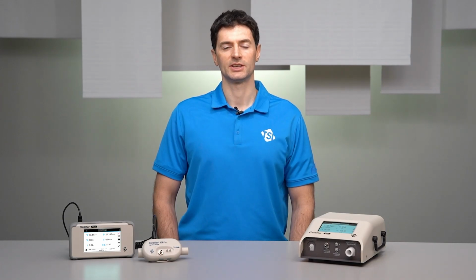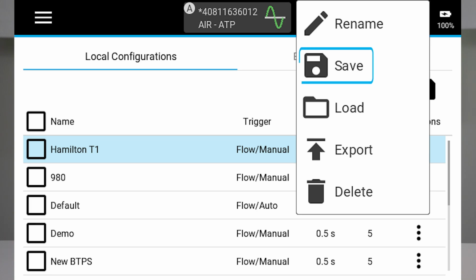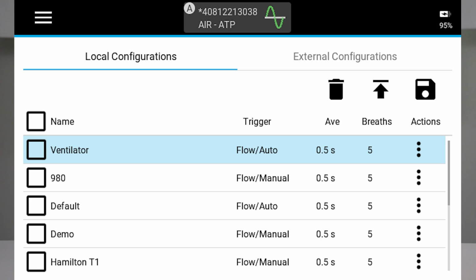Once you obtain agreement between the certifier and the device under test, it's a good idea to save your current settings as a configuration. Configurations can be used to save your test setups for different equipment models, which can then be recalled the next time you need to test that particular device. Using configurations helps to minimize your test setup times and promotes consistent testing over time. You should now be ready to perform your testing.